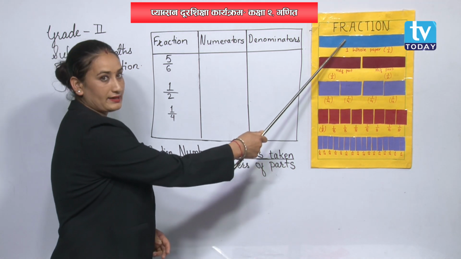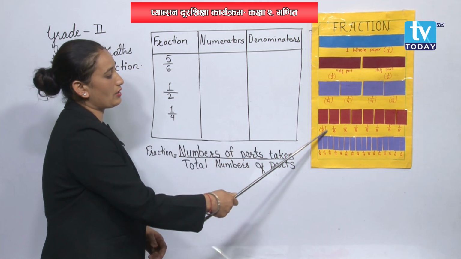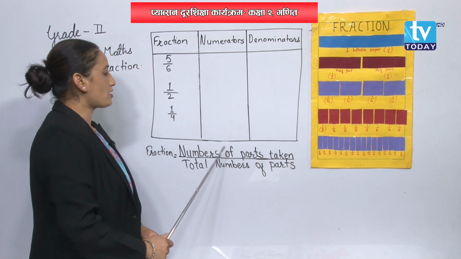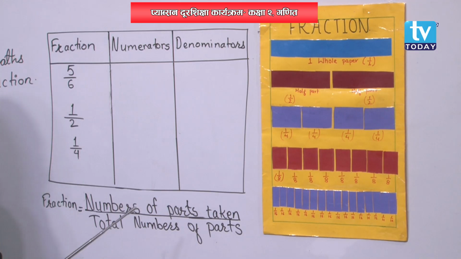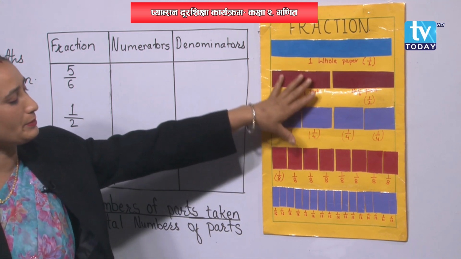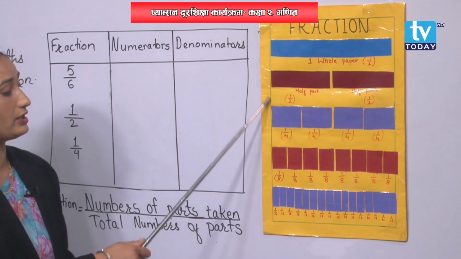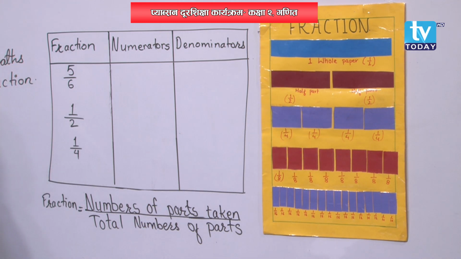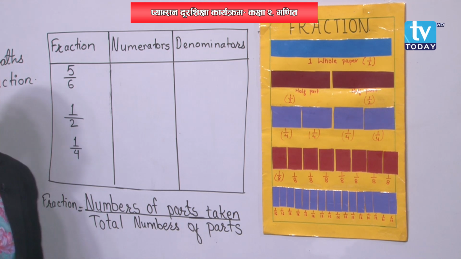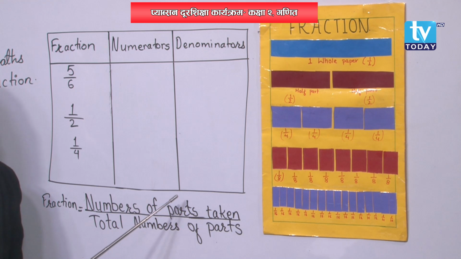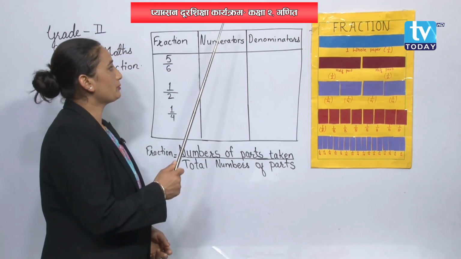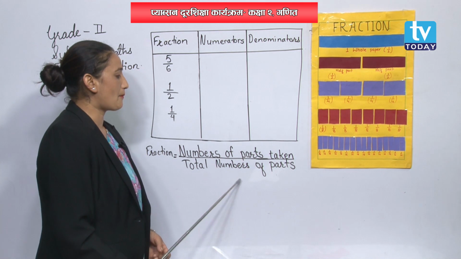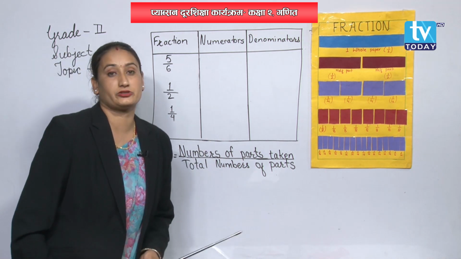I have taken here 1, that's why in all the places 1, 1, 1 will come. So number of parts taken is 1. So 1 we have to write, and total number of parts, we have divided one single paper into different parts, right? Over here different parts. So these are the total parts which I have divided over here. You can go and write over in the place of total number of parts. Now, number of parts taken means its numerator and total number of parts means its denominator.